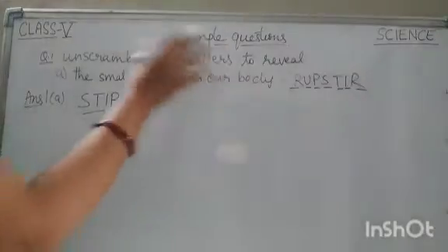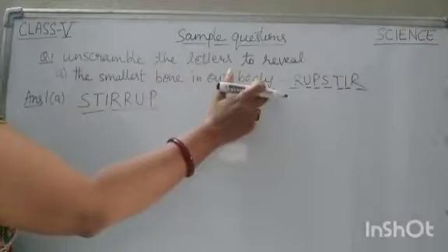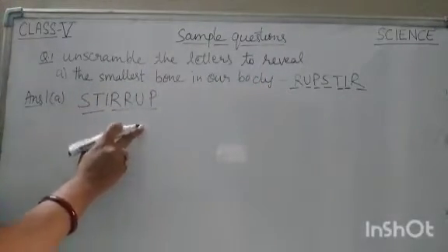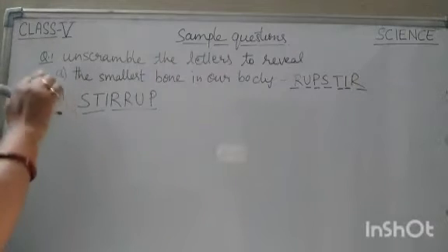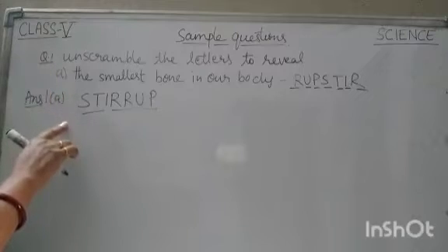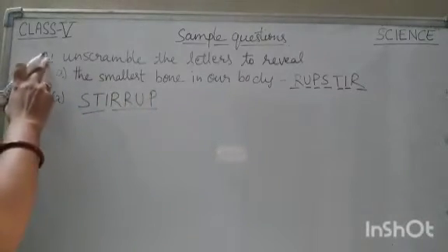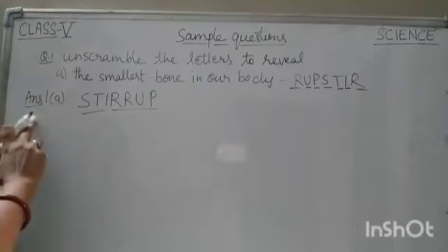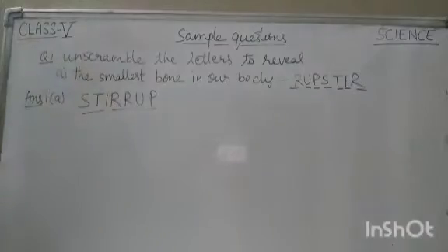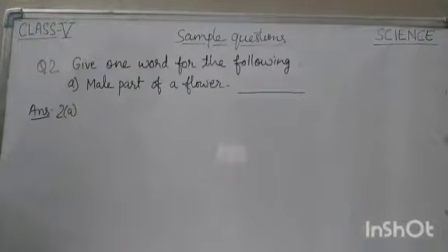Now children, when you do this type of question, you will not write the whole sentence. You will just write the answer in your answer sheet, but make sure you write the correct number of the question for which you are giving the answer. Like this question 1A, you will write answer 1 part A, and here you will write the correct answer. Clear?